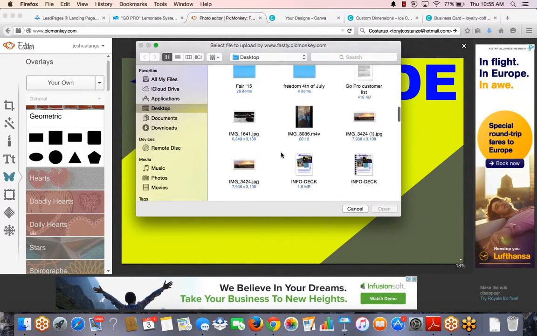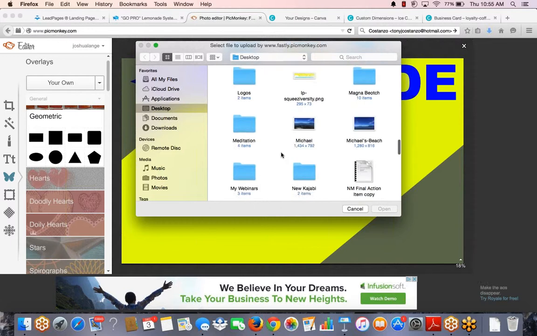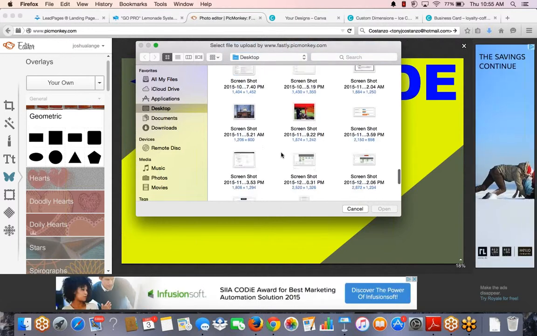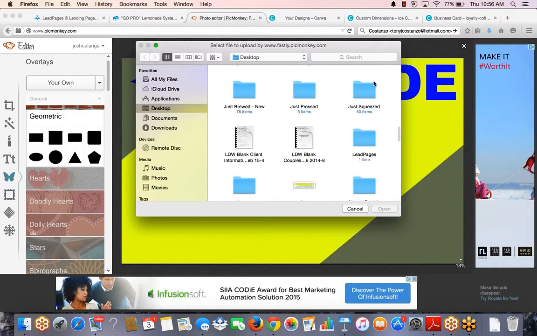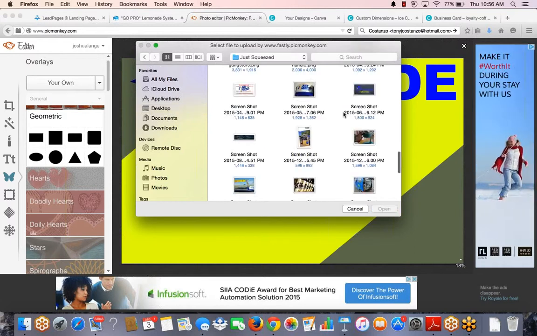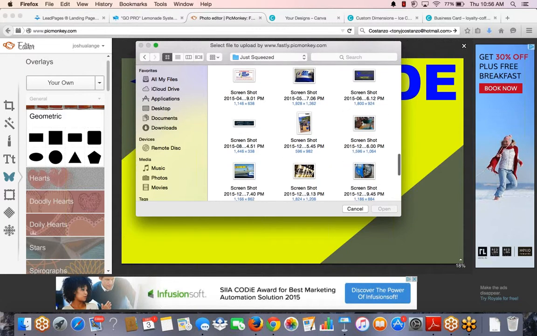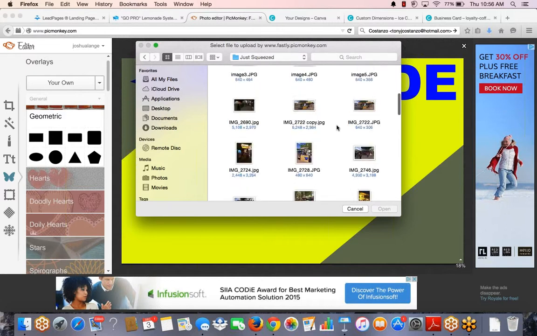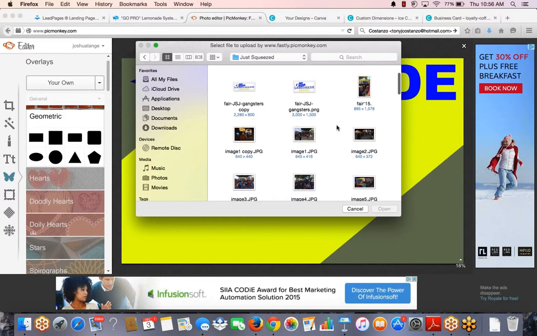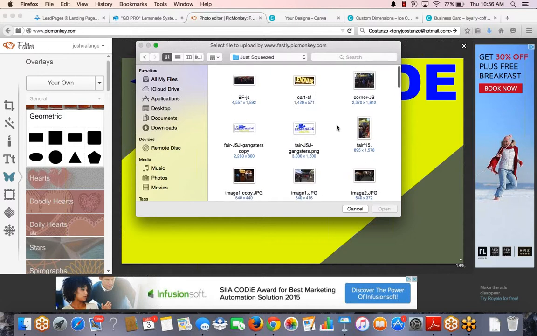So let me go to my just squeezed folder. If I can find it. There it is. And let's just, you know, I don't know, click. I usually use like a wood background. That's what we've been doing lately. So you can even go to Google and get free images. And